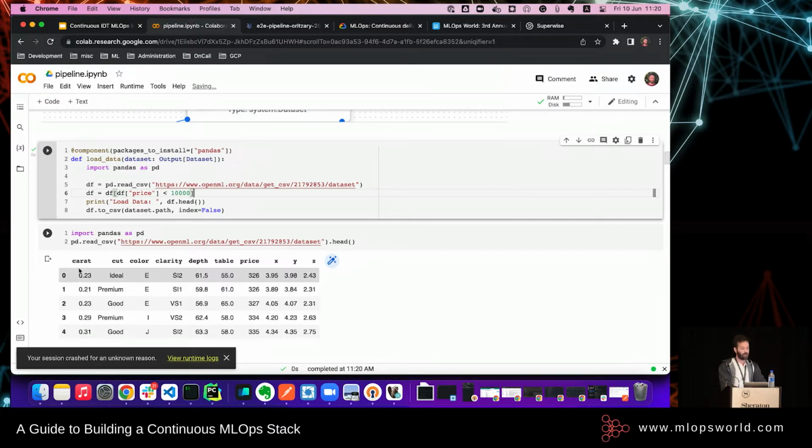However, if you see here, I'm filtering all the diamonds that their price is less than 10,000. Therefore, when we reach the point where we have an endpoint out there, we can simulate real-world data and send the most expensive diamonds and see how there's a distribution shift, and hopefully Superwise will be able to discover it, open an incident, and trigger a retraining pipeline.